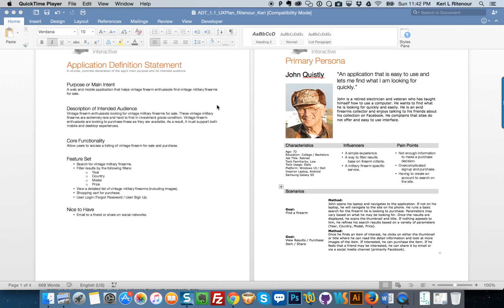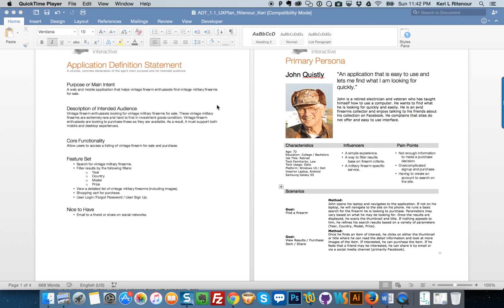The main features of the application are to be able to search for these military firearms, filter the results by year, country, model, and price, and view a detailed list of the firearms including images.